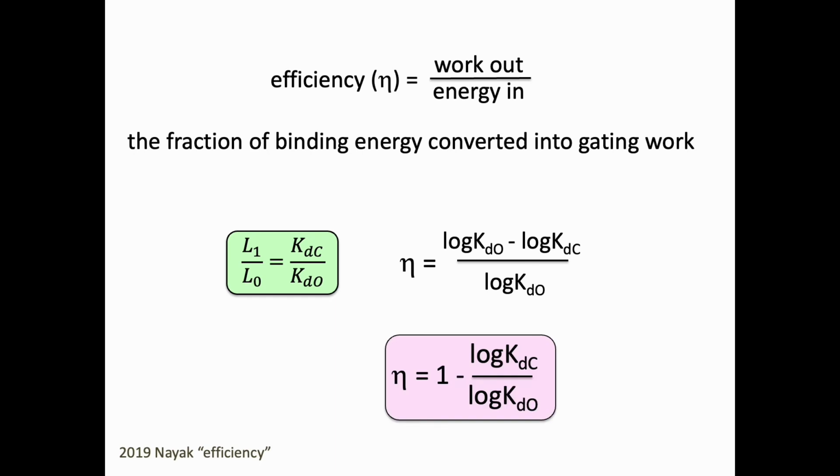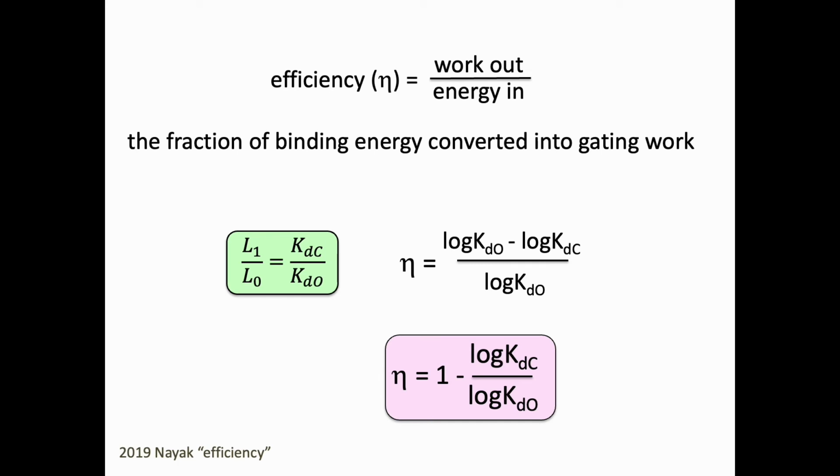Efficiency is equal to 1 minus the weak to strong binding energy ratio. And this equation, which I'll call the pink equation, is of similar form to the Carnot limit of a steam engine cycle, so with temperature replacing binding energy. So this is not a surprising form for this equation. Later on, I'll derive it in a different way that maybe will make more sense to you if you think this is a little hand-waving, which it is, but I'll show you another way of getting there later.